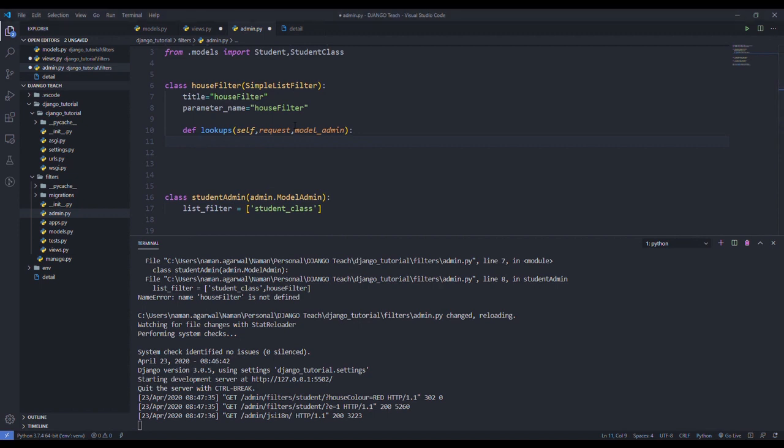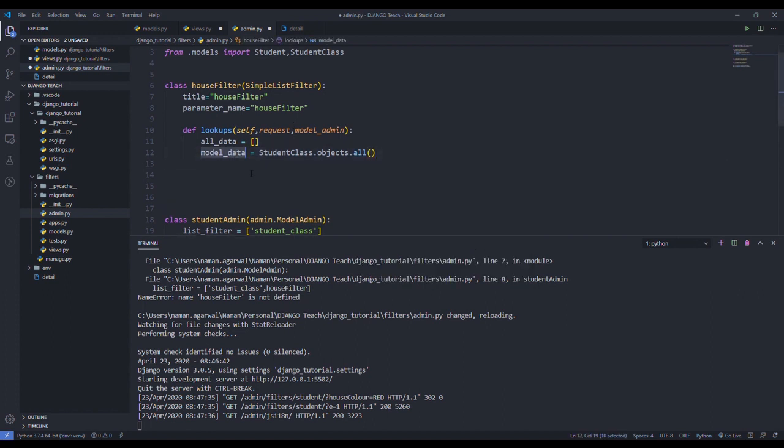I will take a list, all_data, which is the data of the model. So Student class, and you all know how to get the data from the ORM: objects.all. This will give me all the data from this student model.